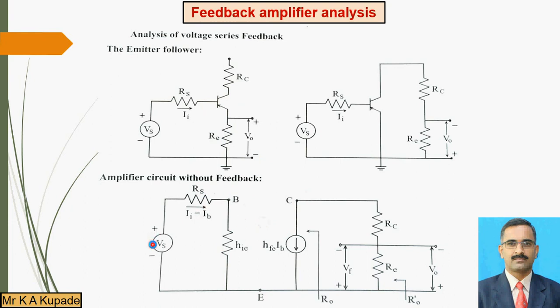See here, Vs is applied, I is equal to IB, RS in series with this particular Vs. You are getting additional parameters of that particular active device, right? Here is another parameter of the active device, and here you are taking the output voltage, and by considering that output voltage, you are going to calculate your output resistance, right? So this gets that equivalent model.